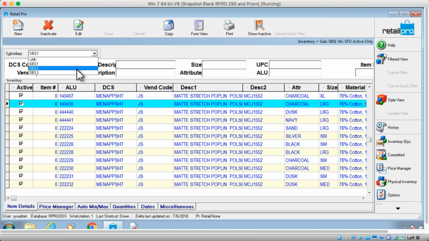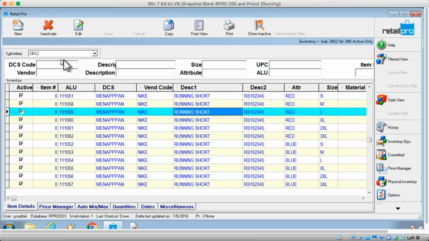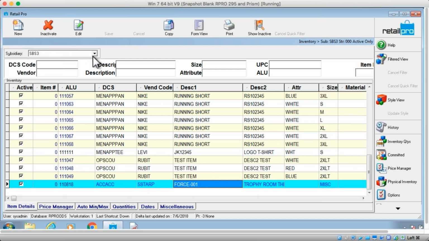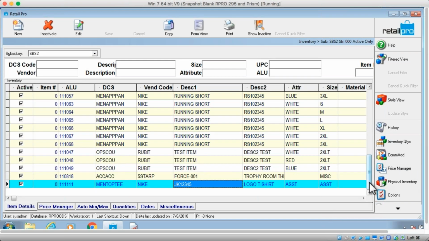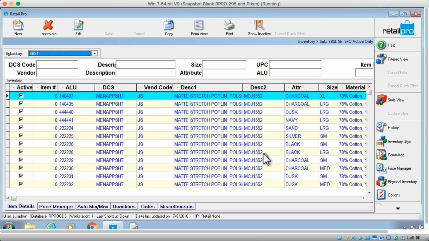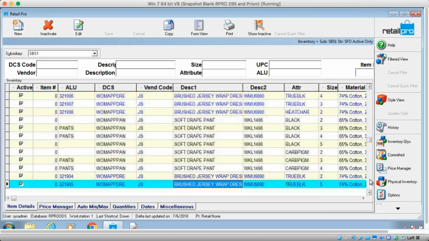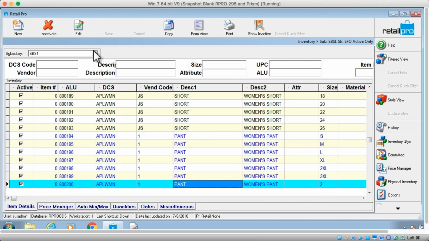I'm going to go into the next subsidiary down and we have a totally different item. So there's literally 3 different subsidiaries. Some of them have some of the same items, because I copied some of these subsidiaries from one to the next. I cheated, but the main one here has a whole lot of items. This is the one I use most of the time, and it has a lot more items, in fact. So a subsidiary is just a different slot in inventory